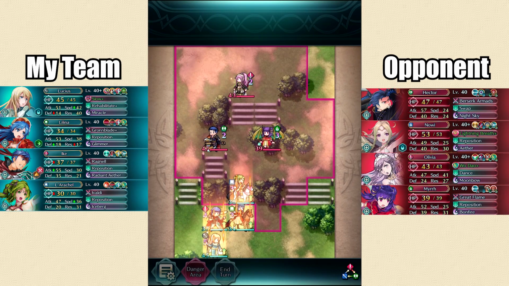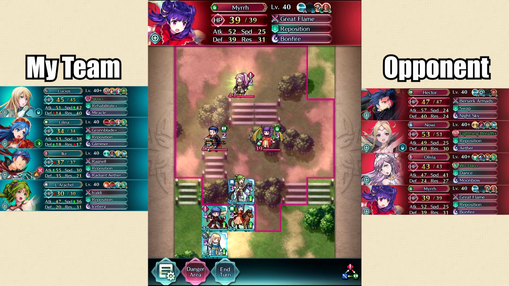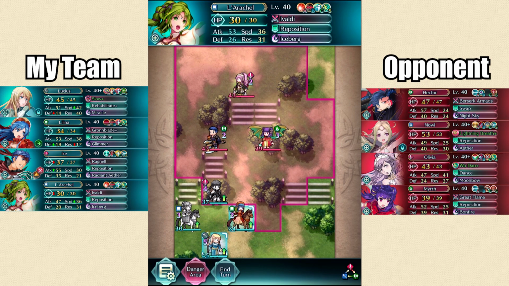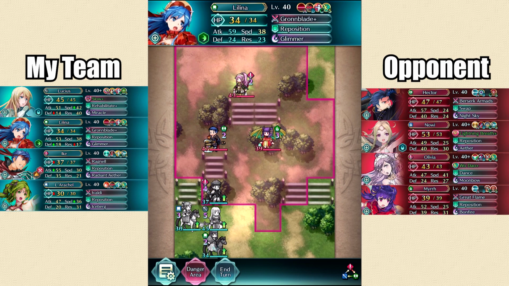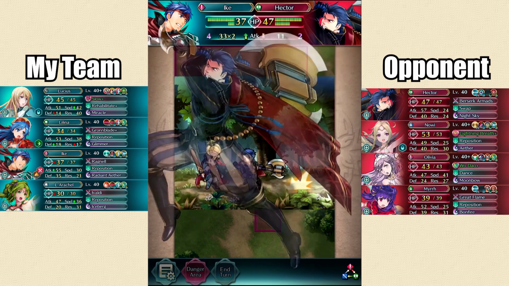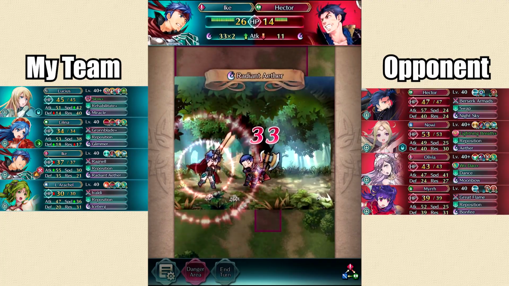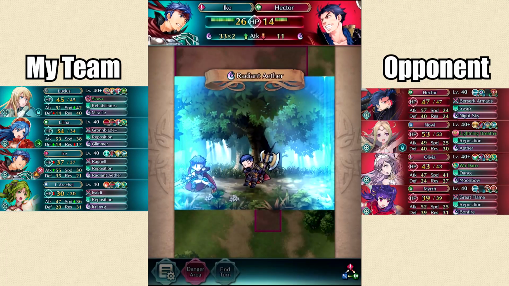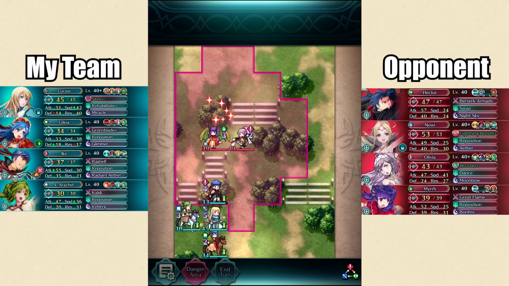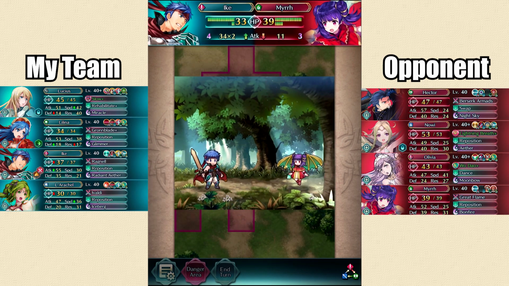I just couldn't stop. And so what I end up doing at this point here is I just kind of throw Ike into the fire. For some reason I like to leave Lucius next to people who see a lot of combat. But as you'll see here, Ike is totally fine. There really isn't much worrying to do. And then Myrrh ends up getting danced, and